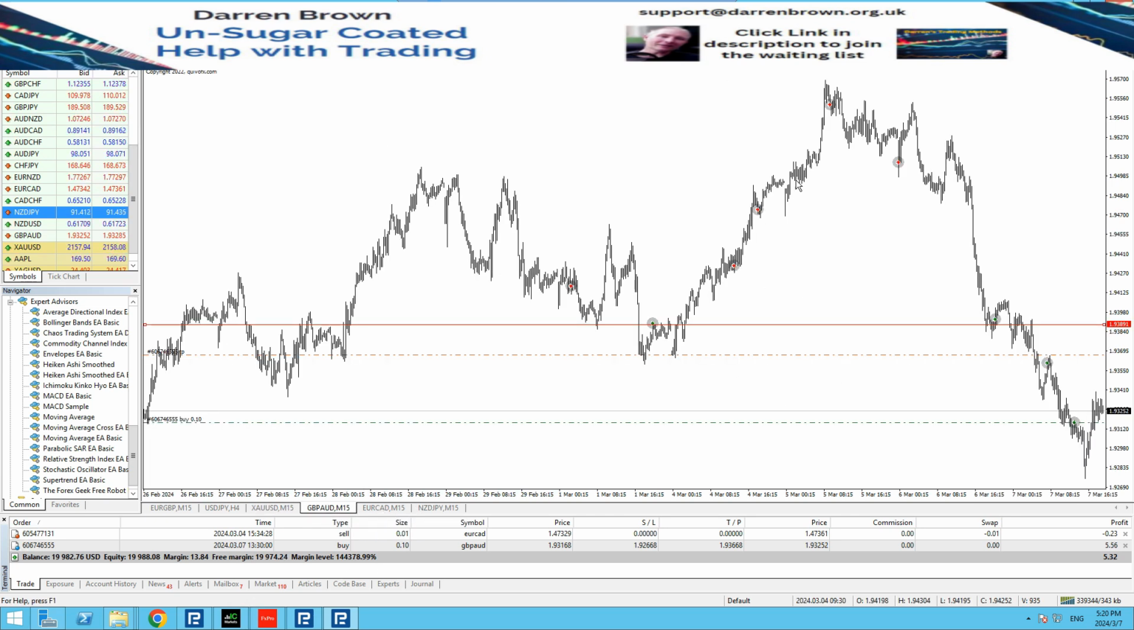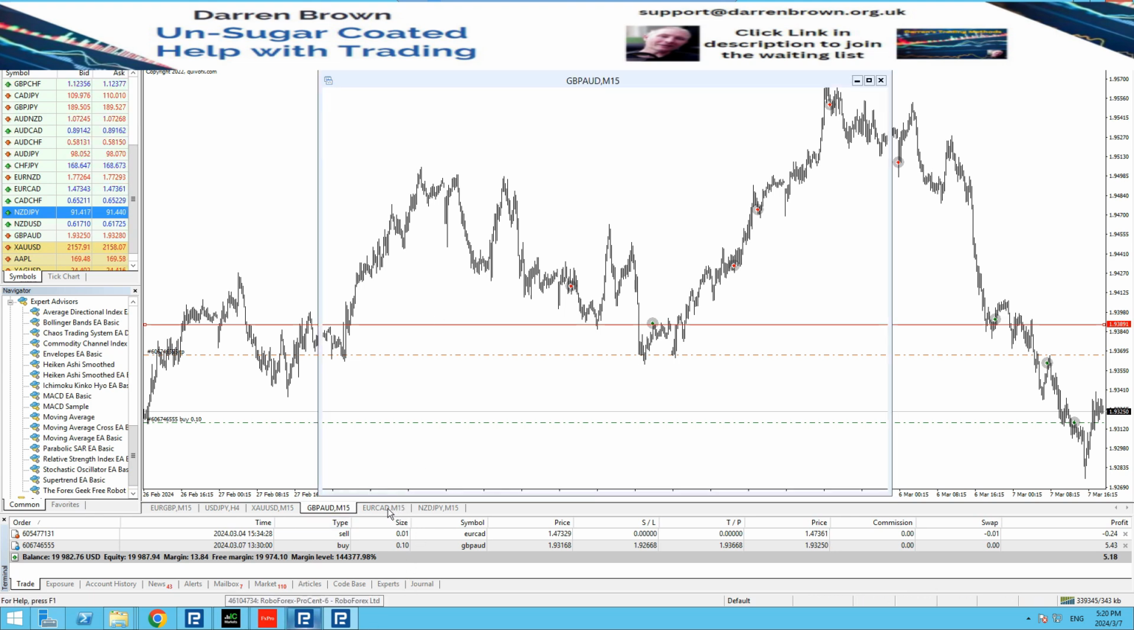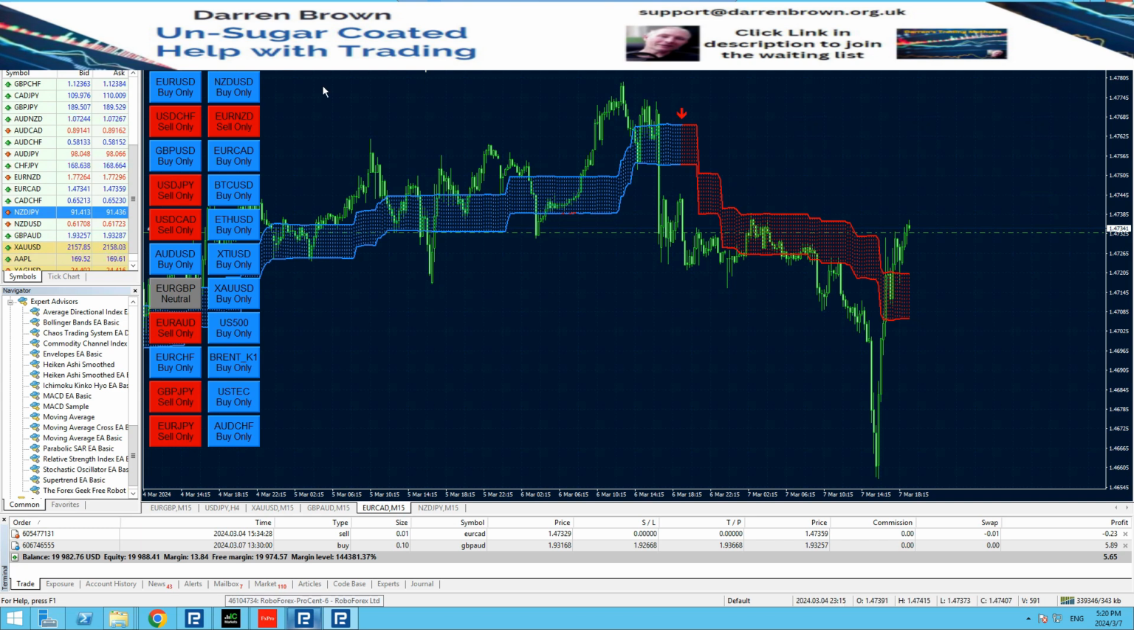So you can see that this is another one. This is GBP AUD, which we've already seen. Euro CAD, you haven't seen this one, and this is another one here which is working as well. All right, so you now know how to set this system up. So if we go back here,